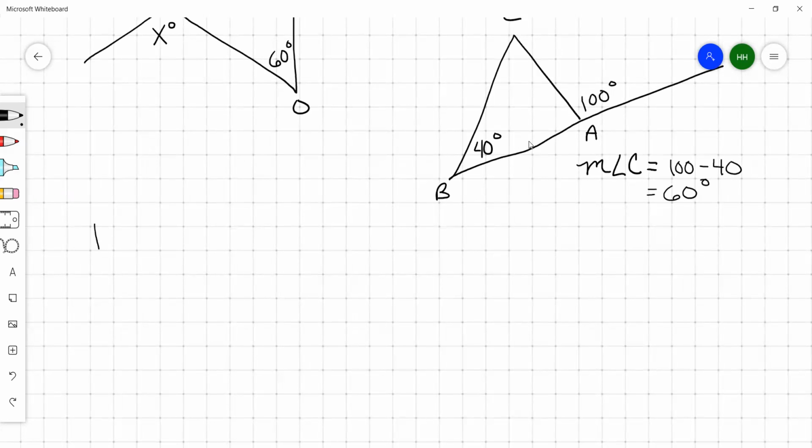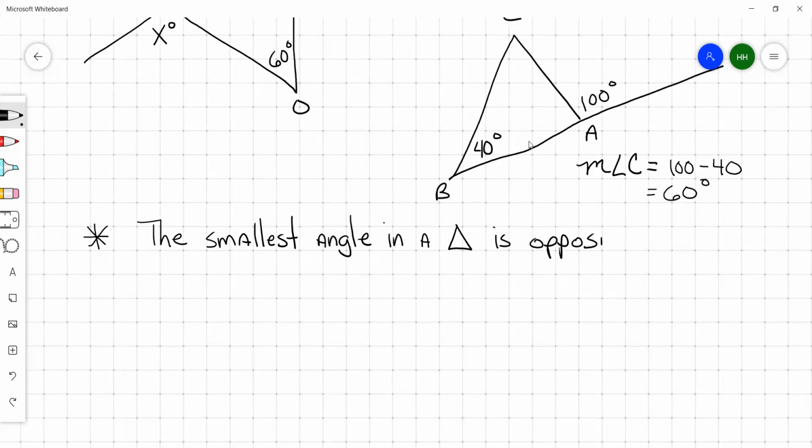Next, we've got the rule about angle side relationships. The smallest angle in a triangle is opposite the shortest side,